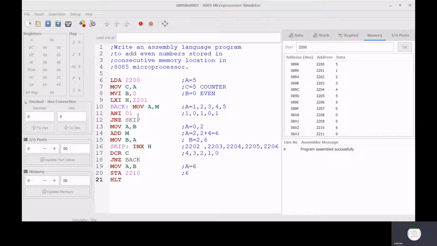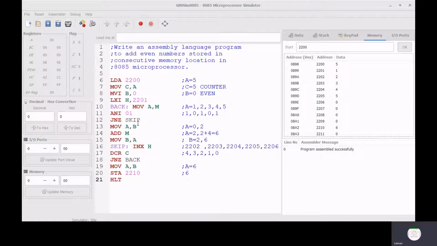After observation, we can make the decision to decide the instruction.